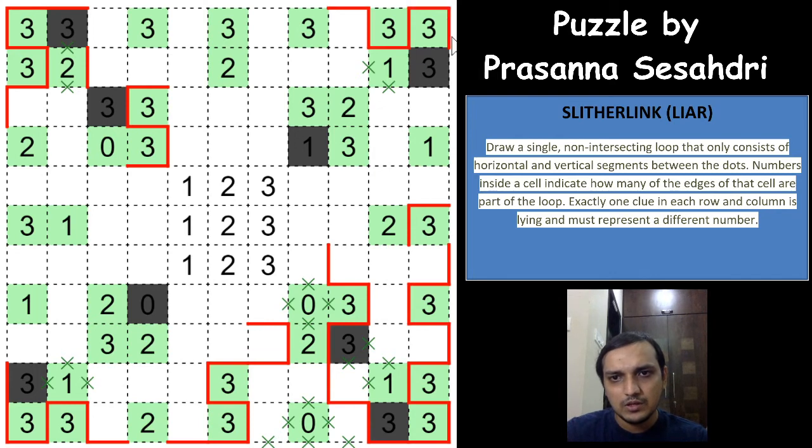Okay, and we have done that. And as you can see here, this 3 will have these two loop segments because it is at the end, kind of like an end here. This has to come down, and 0 is right, so this has to go this way, and this has to go this way. The 3's here will have to be this way,